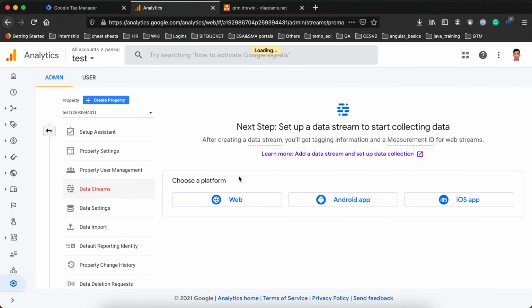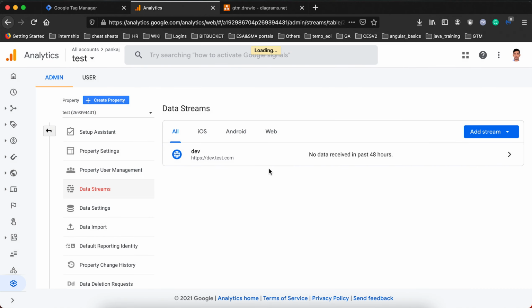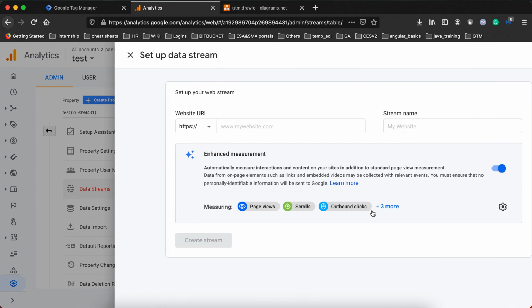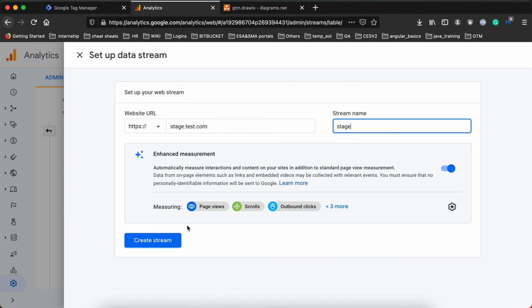So we will create three different streams under a single property. We'll come to these details. Now let me add another stream. We will call it stage.test.com, stage.